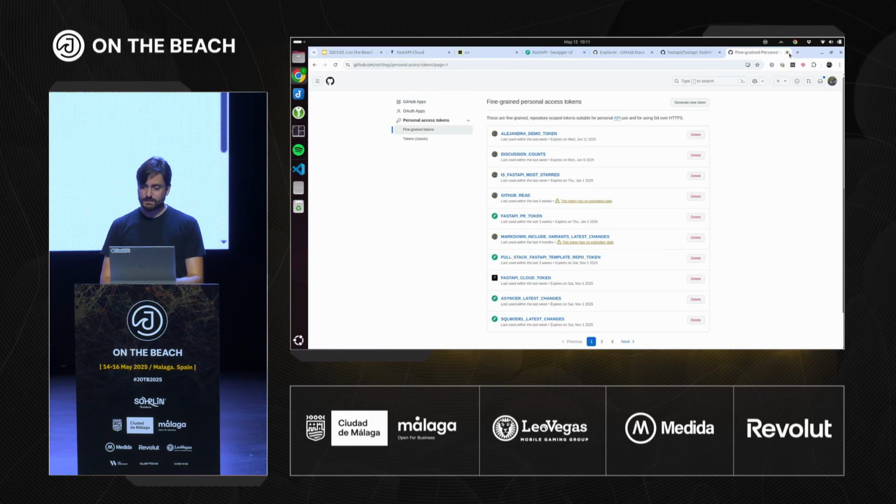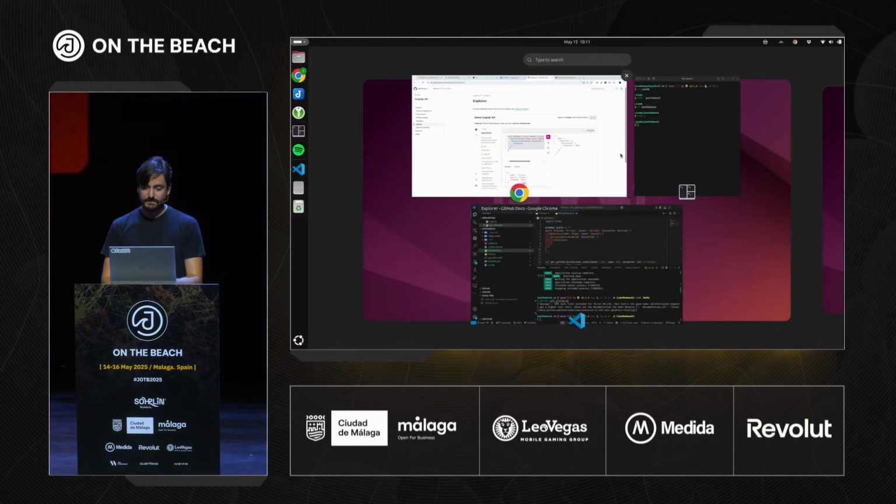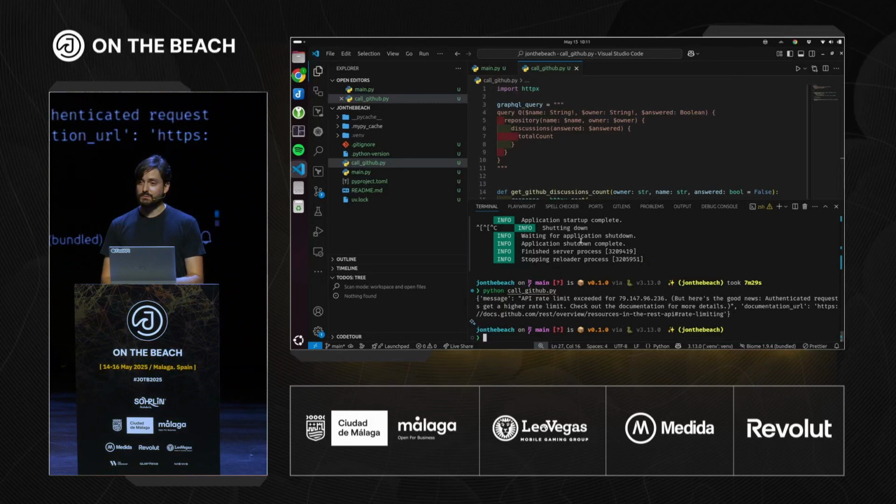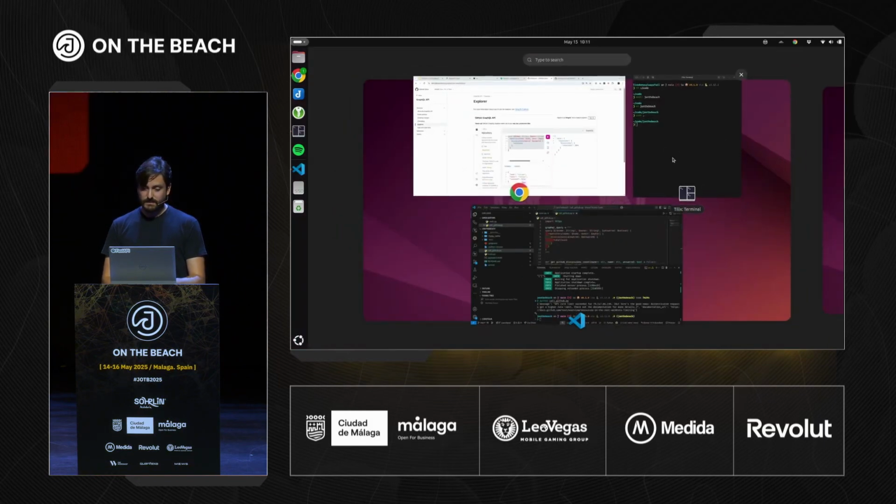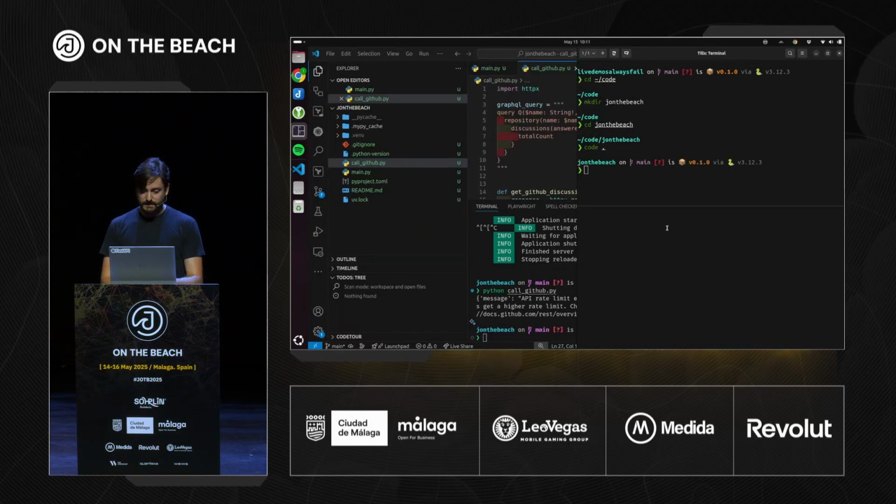This was something I didn't expect. But I expected the demo to explode at some point. I didn't expect it to explode at GitHub, not giving me a token. That's crazy. Anyway, I had another token for the test that I was doing that was probably here somewhere. So let me try to find that so we can reuse that. That probably works. This is the point where we are just improvising.